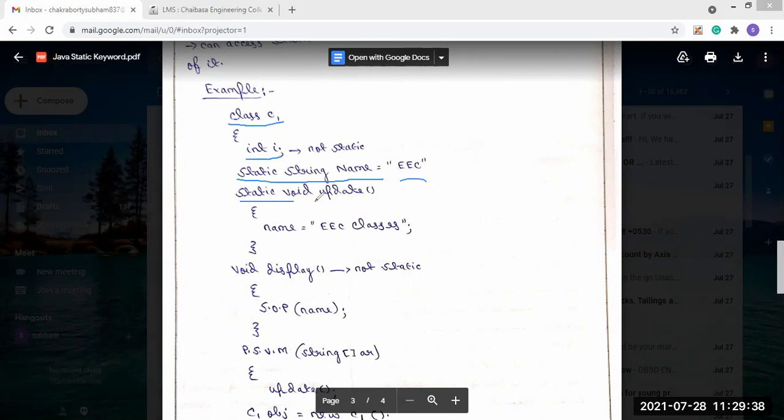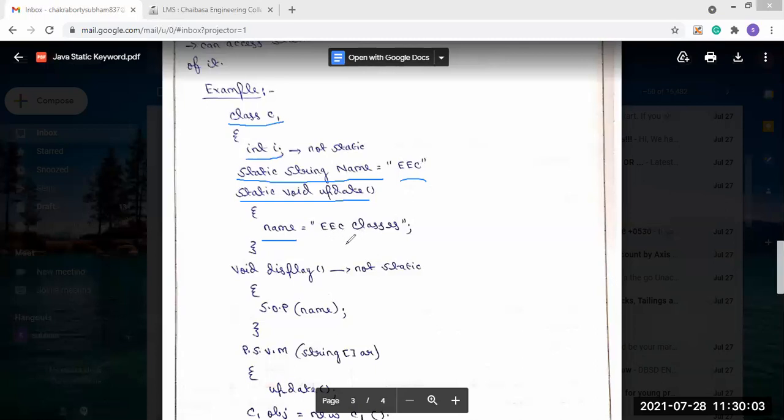And here we use static void update. That means we used a method, and we declared it as static. Inside this static method we have set the variable name equal to EC classes.